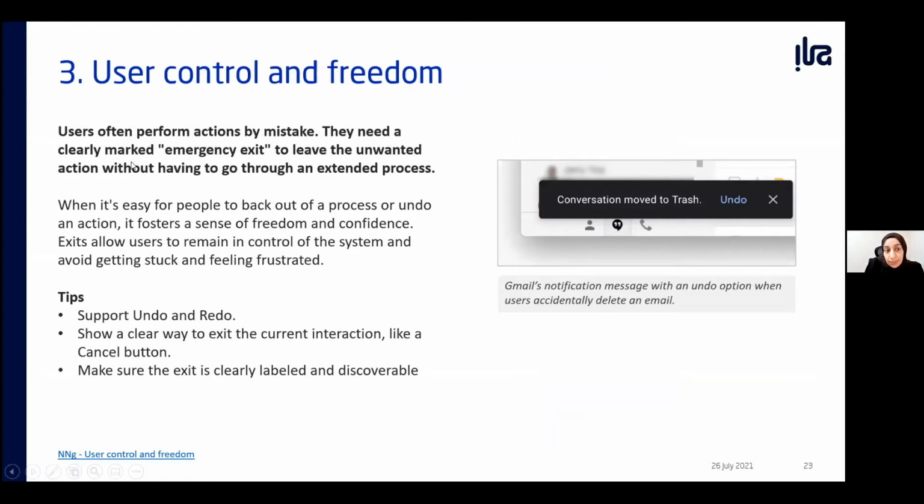Rule number 3, which is user control and freedom. Now, users often perform actions by mistake. They need a clearly marked emergency exit to leave the unwanted action without having to go through an extended process. I'm sure sometimes you do things accidentally, for example, like deleting an important email. So in Gmail, you have the undo action. So you can